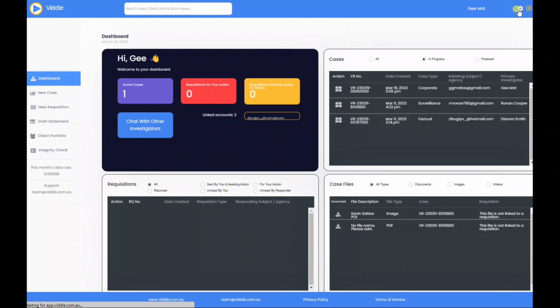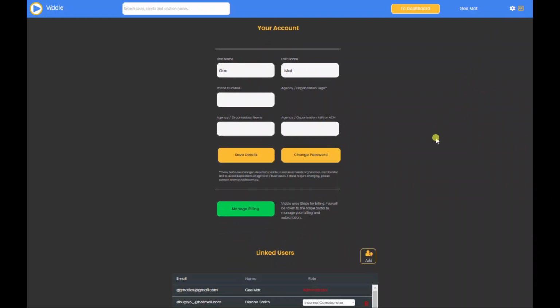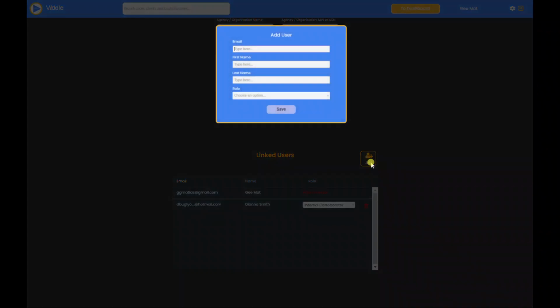the settings on the top right hand, and as you get to the settings, scroll down, and this is where you add your team. Now if you're the one paying or the individual user, you are automatically the administrator for the subscription, and you can add here. Just for an example, we'll put an example email of